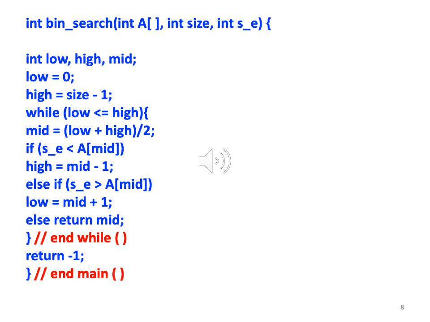So what's happening is you have low, high, and mid index values. To start with, low is 0, high is size minus 1. Size here is the same as n, what we have been talking about. While low is less than or equal to high, calculate mid. If the search element is less than a mid, it is in the left part of the array: low remains the same, high is mid minus 1 index. Else if the search element is greater than a mid, high is the same, low is mid plus 1, again the index. Else, the third option, you have a match, return mid.